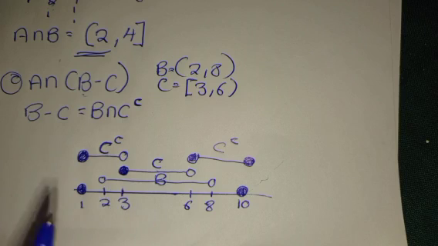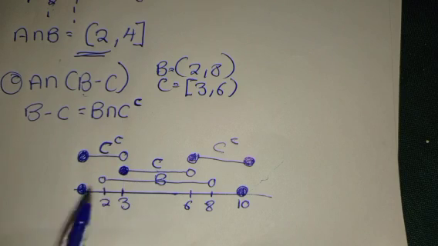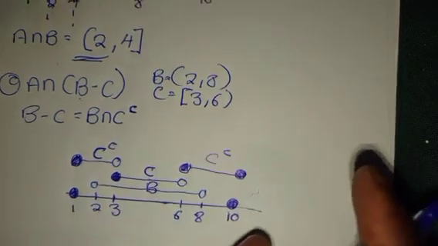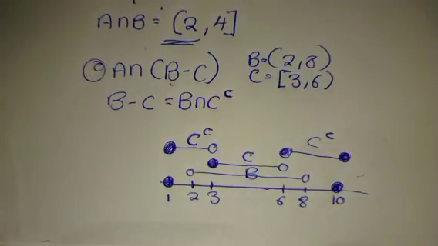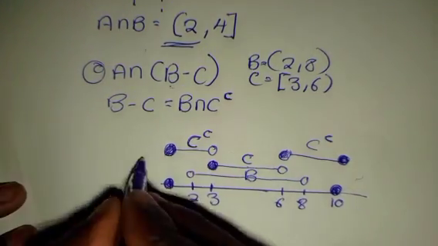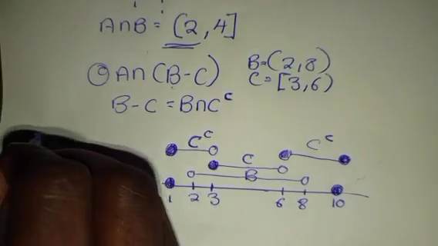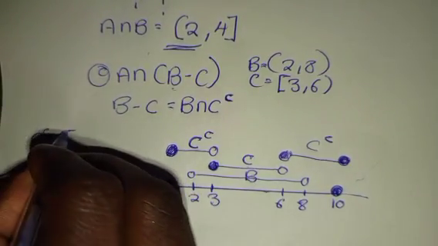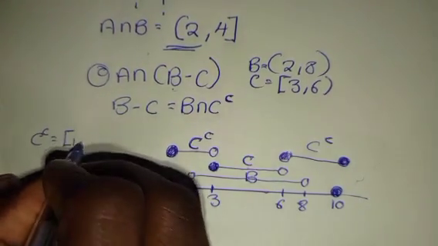So let us bring C complement together. How will we bring it together? Let us just move this to the other side. So C complement is 1 to 3. Remember, this one is a closed interval. So C complement is equal to closed interval 1 comma